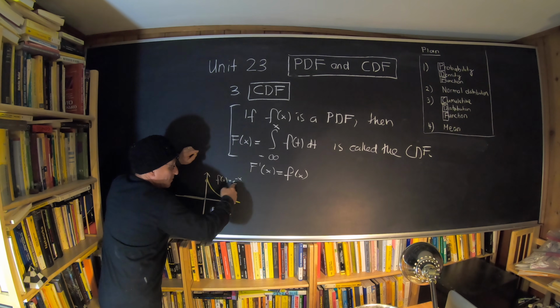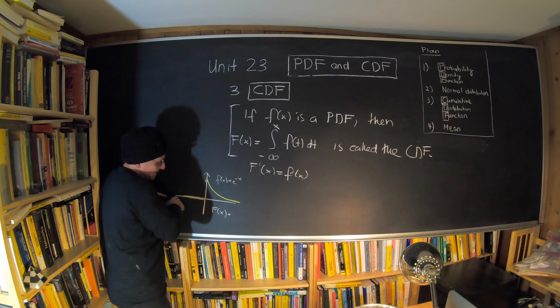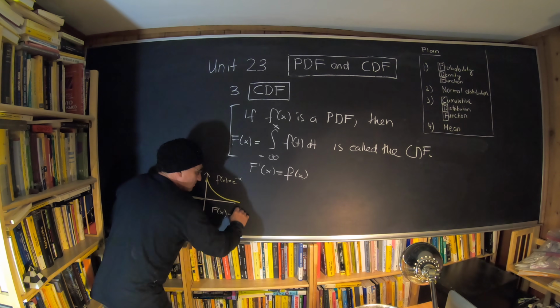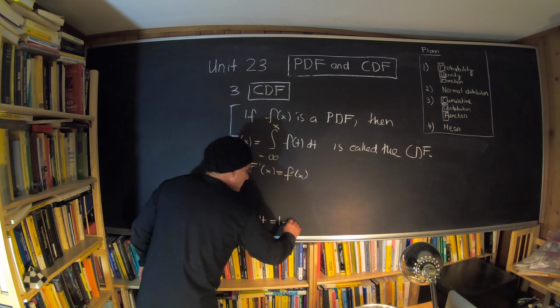When you integrate from minus infinity to x, we get the integral from minus infinity to 0 plus the integral from 0 to x, which is really what counts. And then we have e to the minus t dt, which is equal to 1 minus e to the